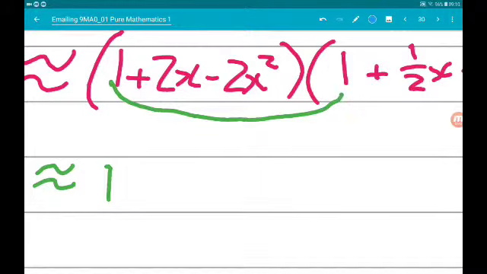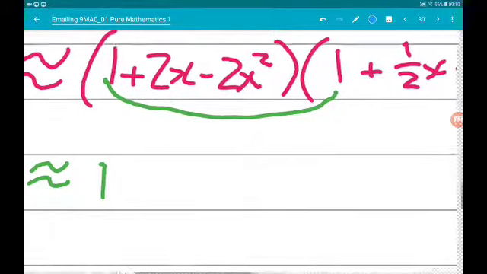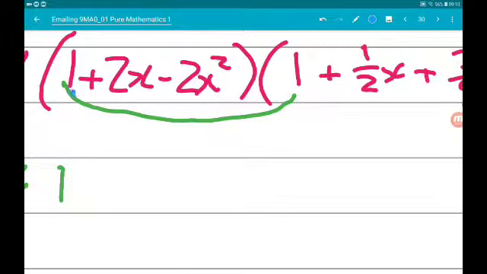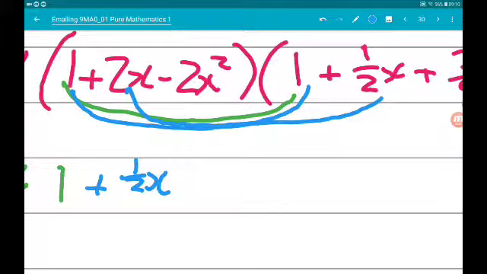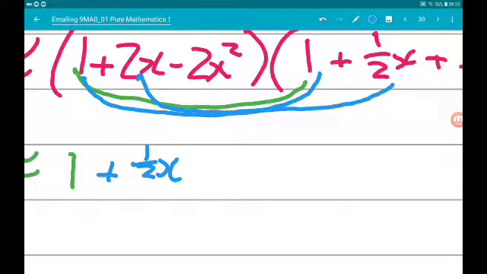So we're going to get 1 times a half x, so that's going to give us a half x, and we are going to get 2x times 1, so that's 2x,